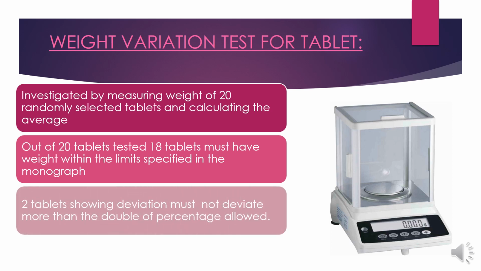and then the 2 tablets that are showing the deviation must not deviate more than double of the percentage allowed. So the second criterion is also there: whatever the first allowed criterion is, among 20, 18 must be within it, and the remaining two that are deviating, the initial criterion's double percentage is also calculated. So those two tablets must be within that allowed percentage for the deviated tablets. Okay,